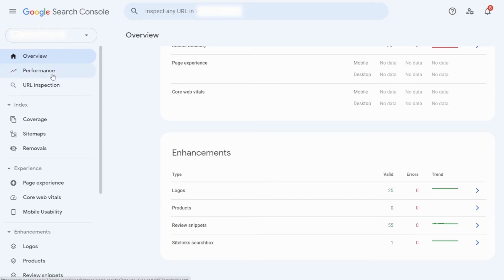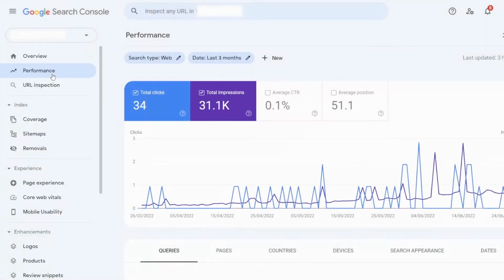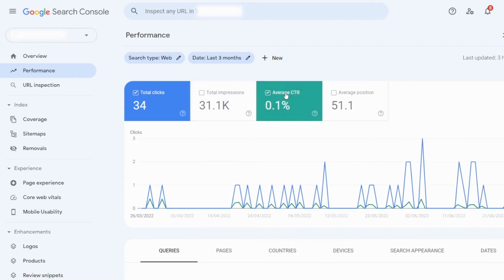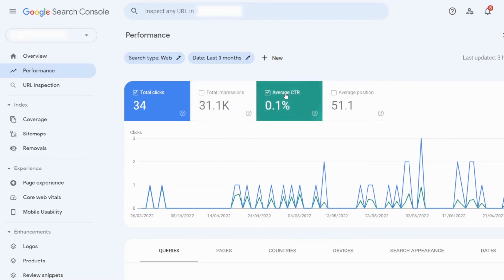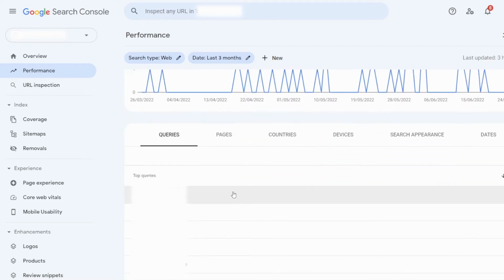Let's begin with the Performance tab to look at the data on the clicks in web search. You can choose from many filters to get the exact info you might require. As an example, we can look up queries and clicks and compare their volume. If we have lots of queries but not enough clicks, this might mean that our site doesn't have top positions